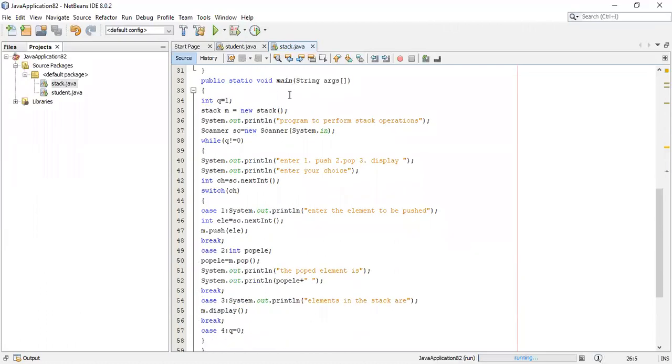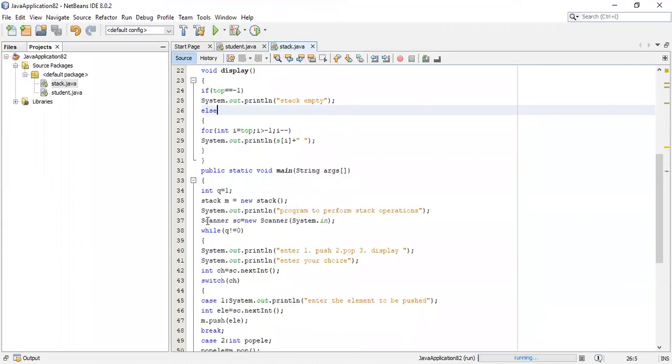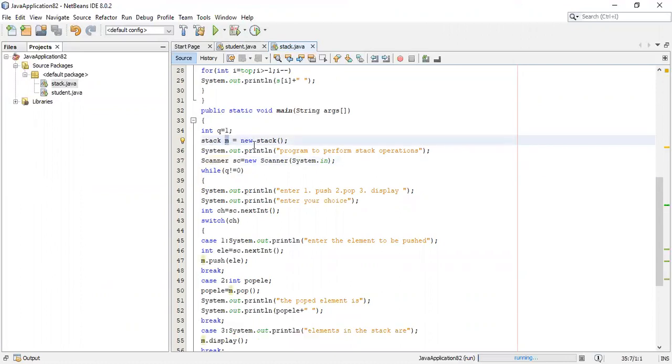Now coming to the main function. Here you have to access these member functions of the class, and you can access a member function only by using the object of the class. Here M is the object of the class; a new instance of the class is created in this line.